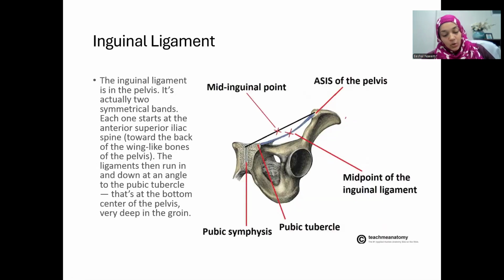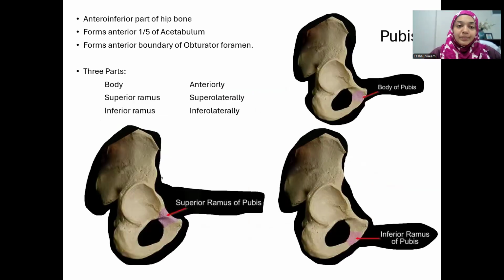Now, there's a special ligament also that is called the inguinal ligament. The inguinal ligament passes from the anterior superior iliac spine all the way to the pubic tubercle. So it's like this. This is the inguinal ligament. It is very important because the medial part of the inguinal ligament has a special ligament called the lacunar ligament. The lacunar ligament is the area where the femoral canal is formed. In the femoral canal, we have the femoral vein, artery, nerves, and lymphatics. So here is the lacunar ligament, and all the way from the pubic tubercle to the anterior superior iliac spine is the inguinal ligament.